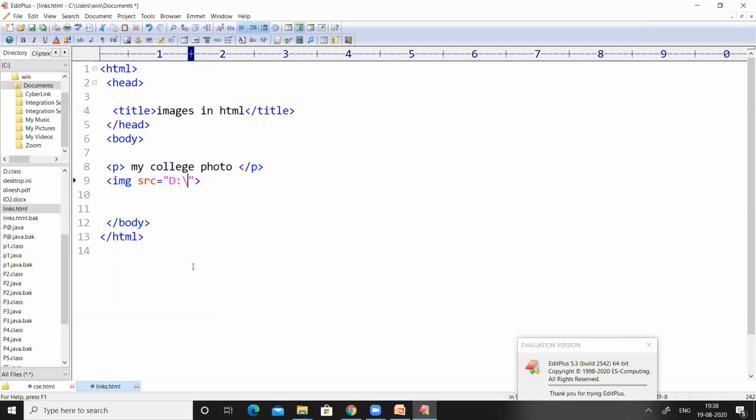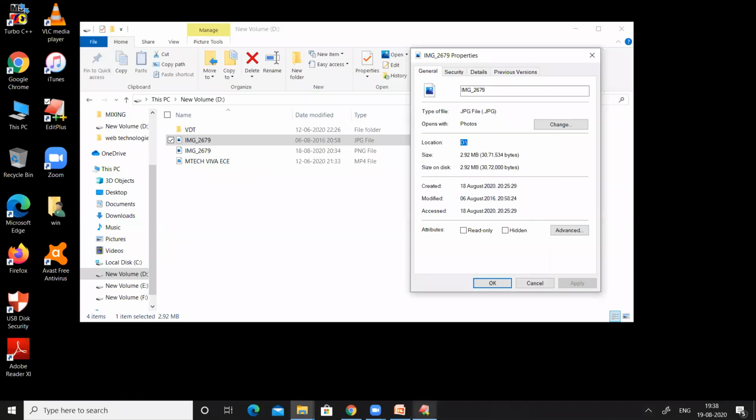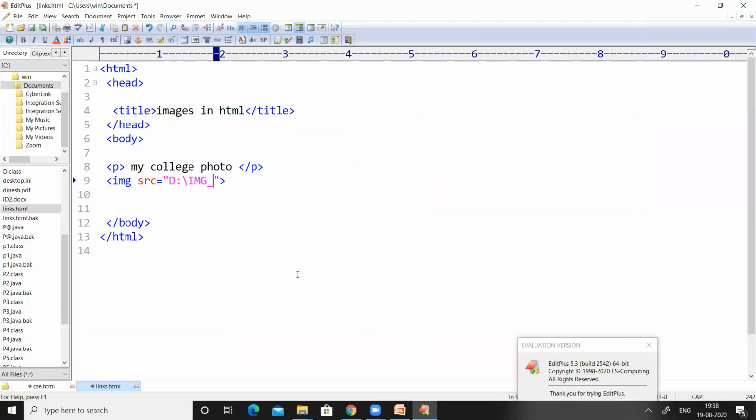The location is the D drive, and in the D drive my image name is capital IMG underscore 2679, and the type of the image is .jpg. Don't forget, here we have to provide a slash, which means that we are going to close this particular tag.